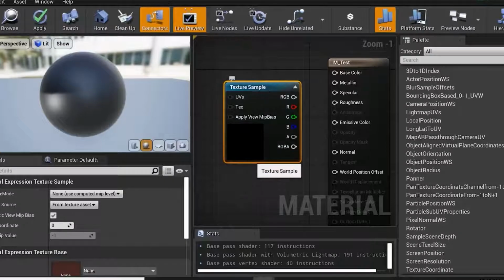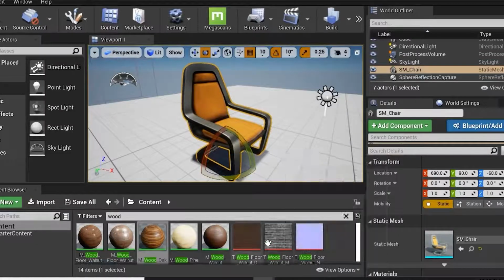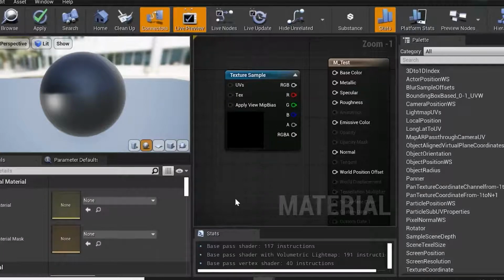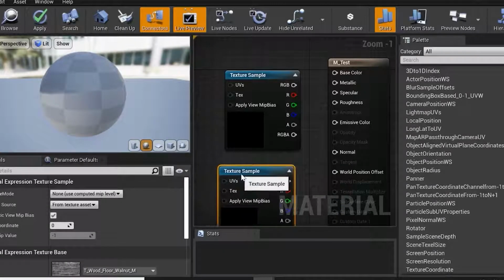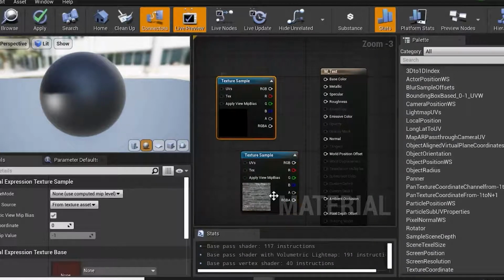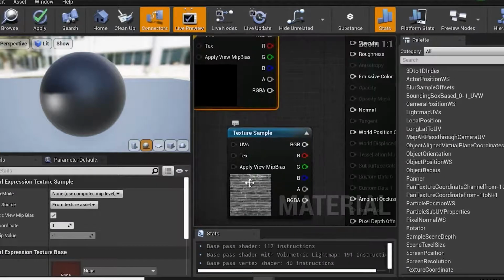Select this, press T. I'll select this material, press T and left click. Texture settings. Now here we have the two differences. Here you can see this automatically came into the gray shade texture map.